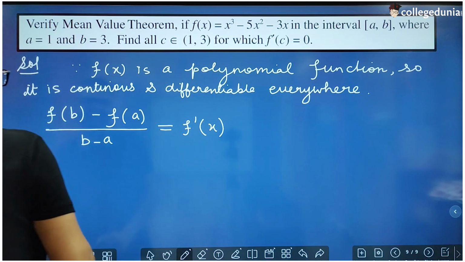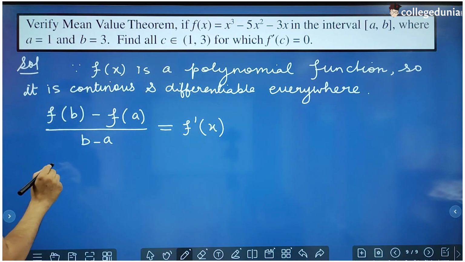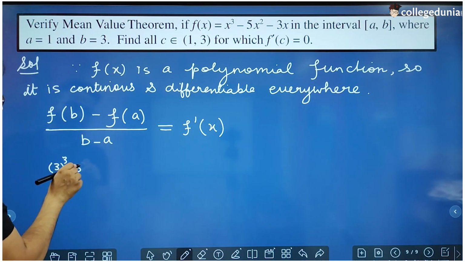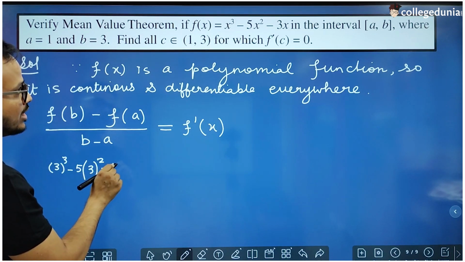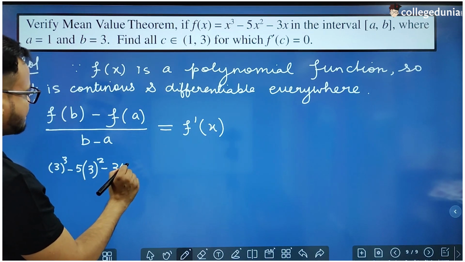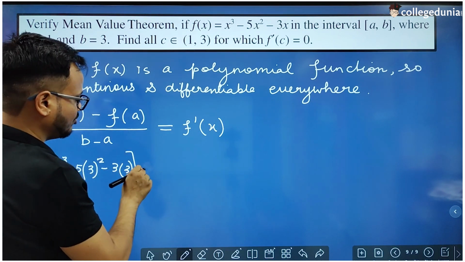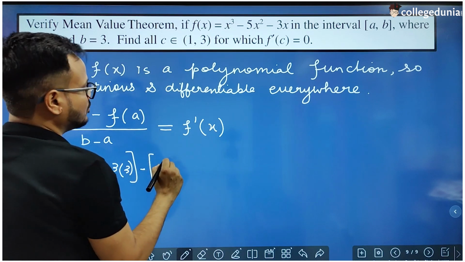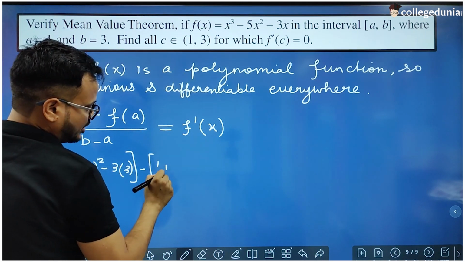Okay, so what is f(b)? b is 3, so f(b) is, put 3 in the function, so 3 raised to power 3 minus 5 into 3 raised to power 2 minus 3 into 3, minus f(a). f of a is 1, so let's put 1 over there,